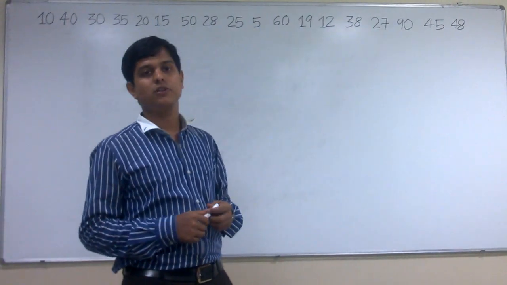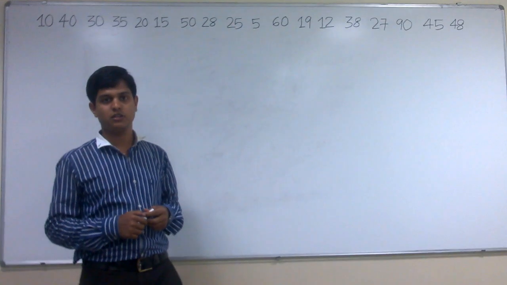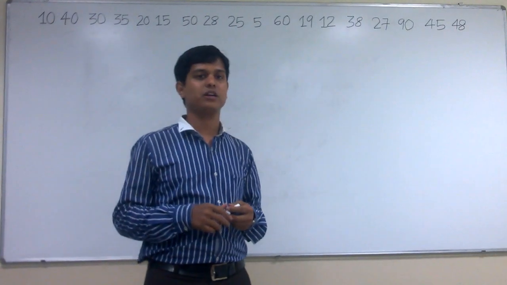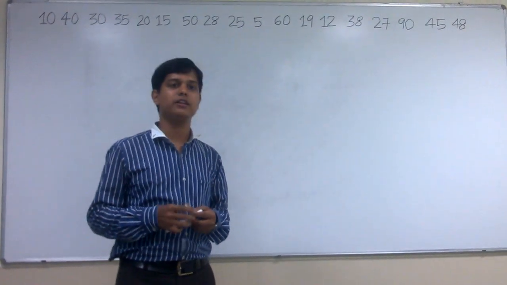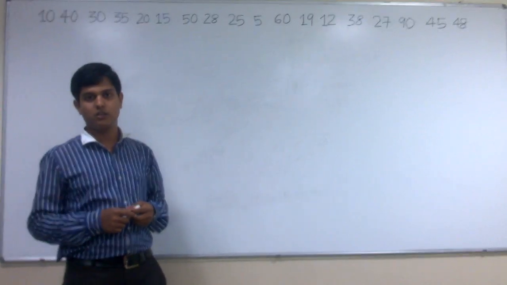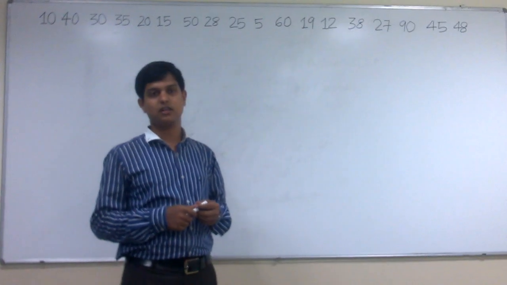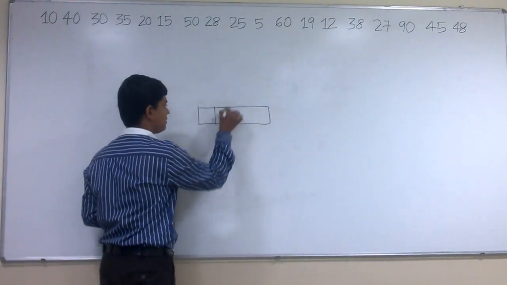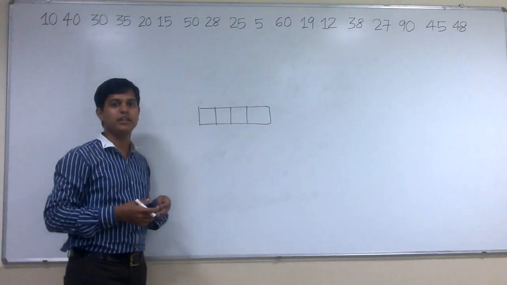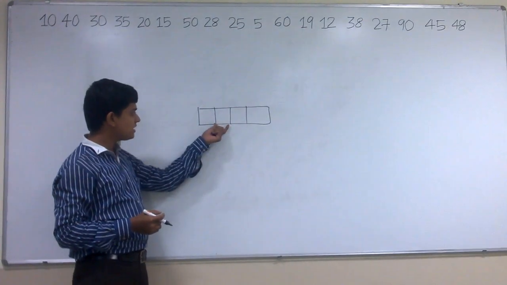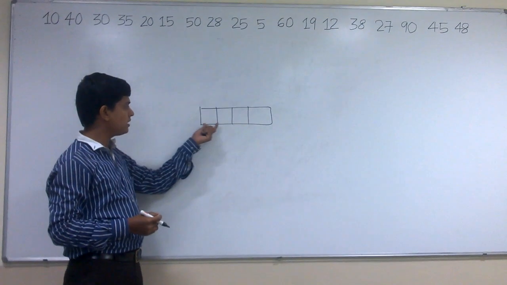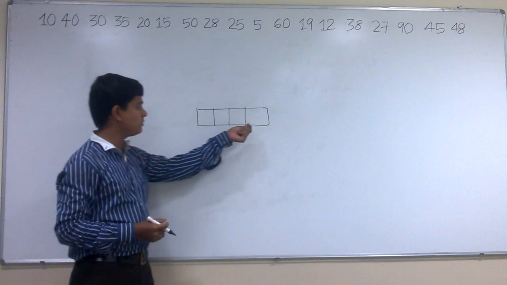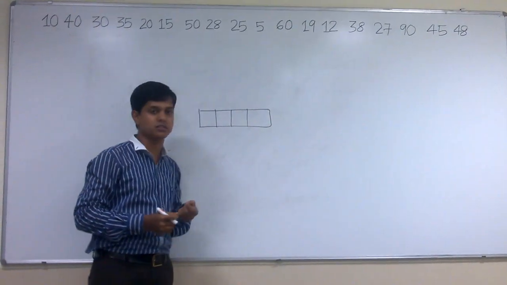In today's lecture, we will see nonlinear data structure, and the prerequisite for this subject is that the student must be familiar with fundamentals of the data structure and linear data structure and its disadvantages. For example, if you go for a linear data structure like an array of n elements, the properties are that they are present in a linear order. For example, if I pick this element, it has a predecessor as well as a successor. But the first element does not have any predecessor and the last element does not have any successor.